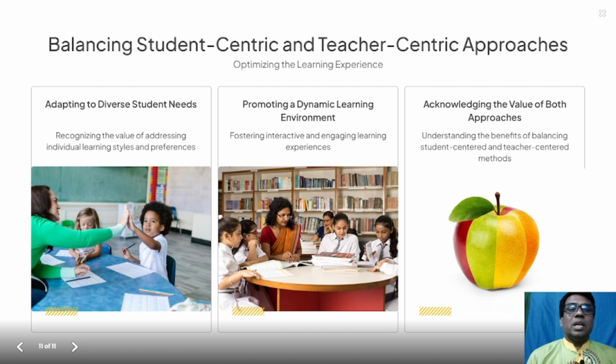Balancing student-centric and teacher-centric approaches, optimizing the learning experiences, adapting to diverse student needs, recognizing the value of addressing individual learning styles and preferences, promoting a dynamic learning environment, fostering interactive and engaging learning experiences, acknowledging the value of both approaches, understanding the benefits of balancing student-centered and